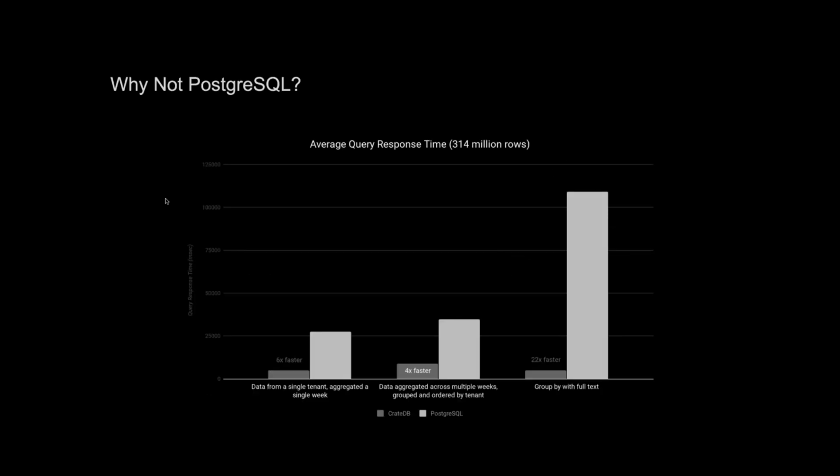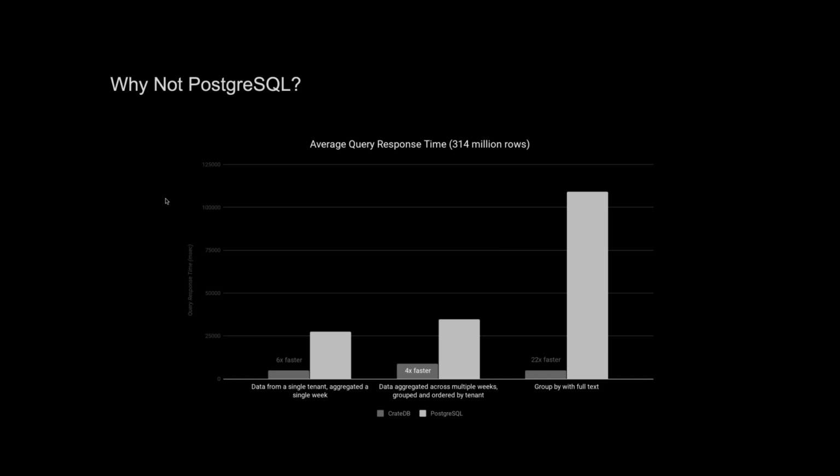Now let's take a look at how CrateDB compares with some popular or some traditional databases. A while back, we put together a benchmark that compares CrateDB versus PostgreSQL query performance. The results of this benchmark show that CrateDB performs significantly better than PostgreSQL with actions like selects, aggregations, and grouping. This test simulates an application that collects sensor readings from separate customer sites and stores them in a multi-tenant database. This is a really common use case, a SaaS application that enables customers to monitor sensor data via